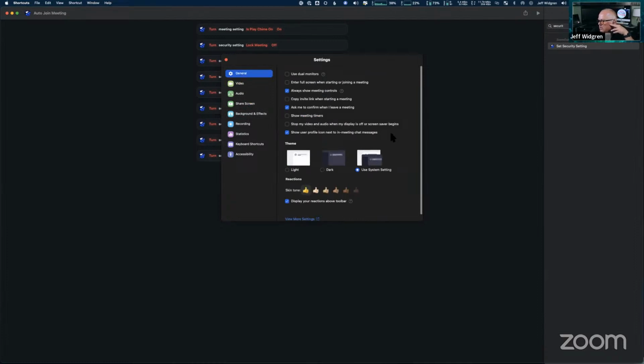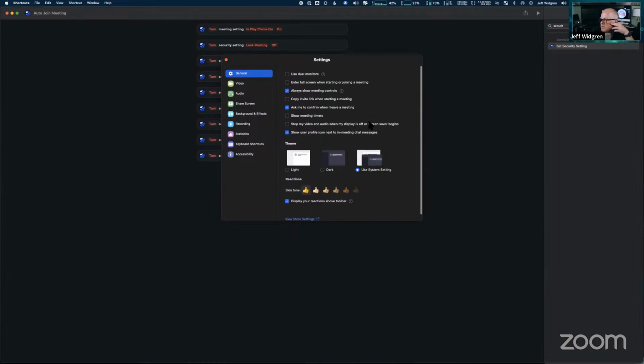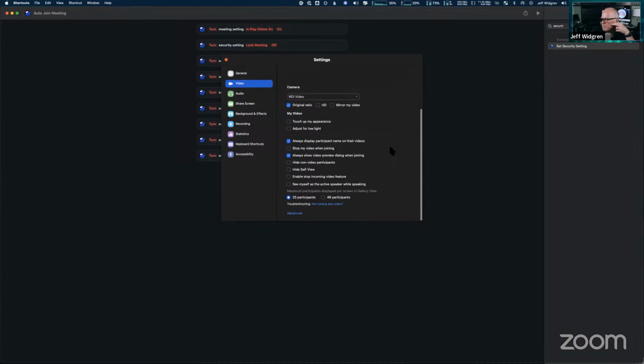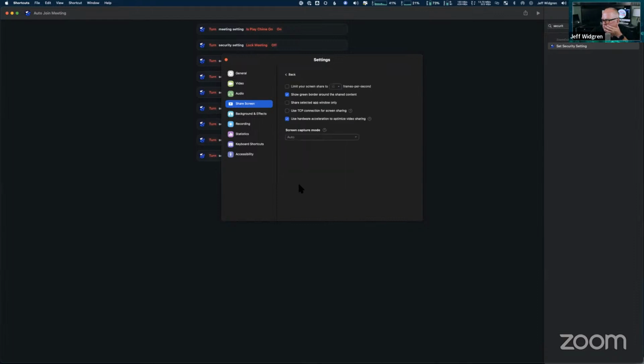General, I think. Show meeting timers. I'm not seeing that there. Full screen dual monitors. Should be under share. Full screen fit. I wonder if it's not in this client.